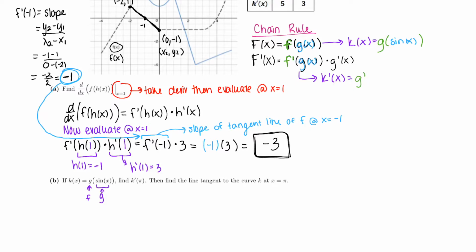Okay, that just completely died. Hold on a sec. Okay. There we go. So this will be sine x in the middle here